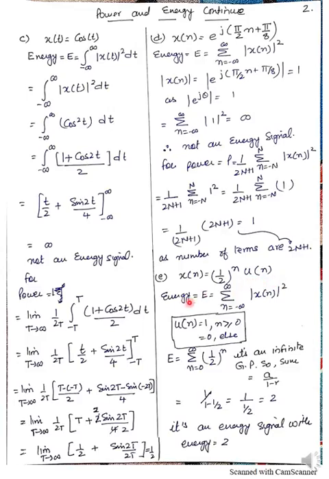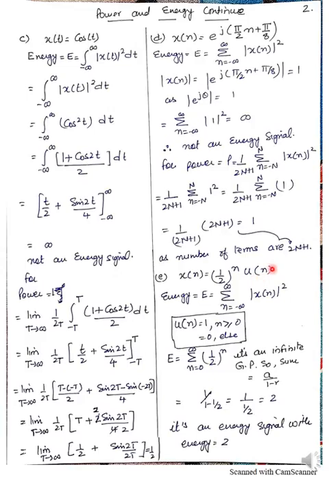Second question based on discrete time signal is x[n] equals 1 upon 2 raised to the power n, u[n]. So for energy, again we are using the same formula, E equals the sum from minus infinity to infinity of |x[n]|². u[n] is equal to 1 when n is greater than or equal to 0, and 0 otherwise. Due to this, n is greater than or equal to 0, meaning from 0 to infinity the amplitude is always 1. So the limits of this summation will change from 0 to infinity.